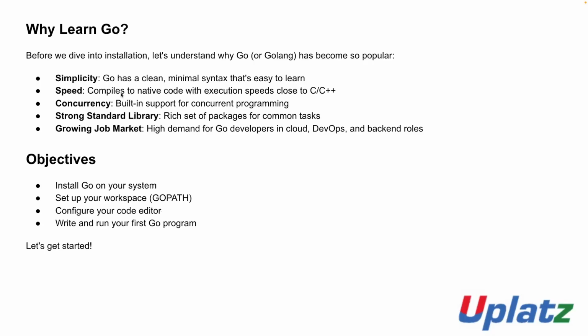Speed: it compiles to native code with execution speeds close to C or C++. Concurrency: built-in support for concurrent programming. Strong standard library: a rich set of packages for common tasks. Growing job market: high demand for Go developers in cloud,